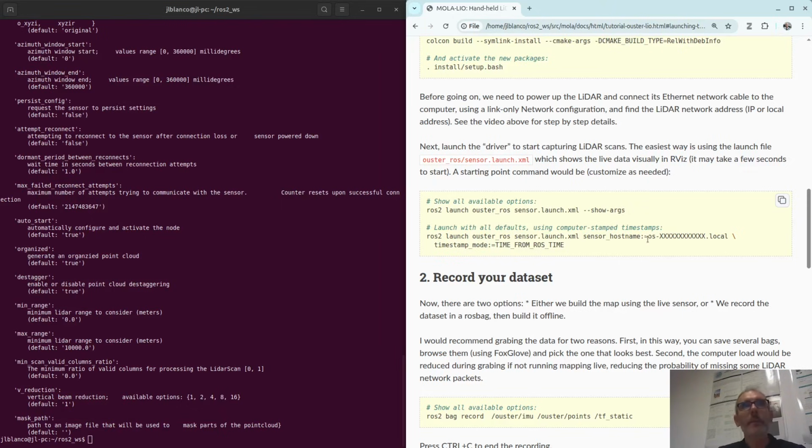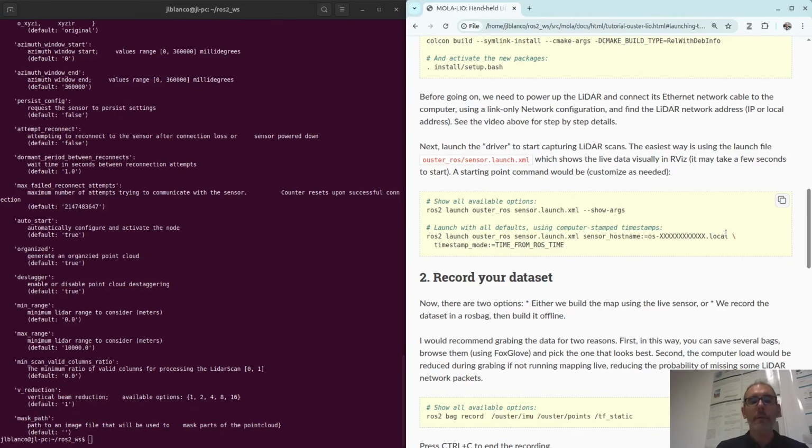So the part that is missing now is the network address of the sensor on the local IP network. So how to find it out? We need to first configure the network of the computer or the laptop so it sees the sensor.